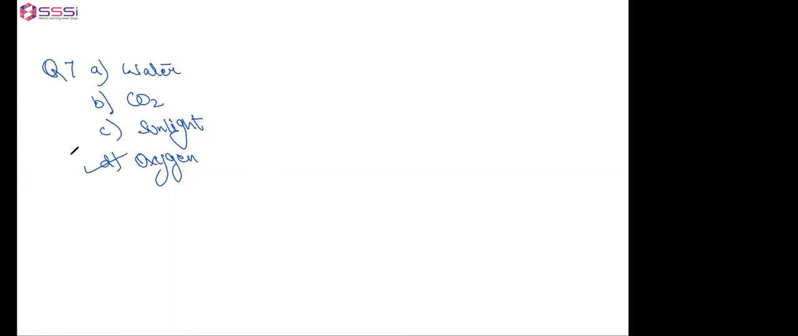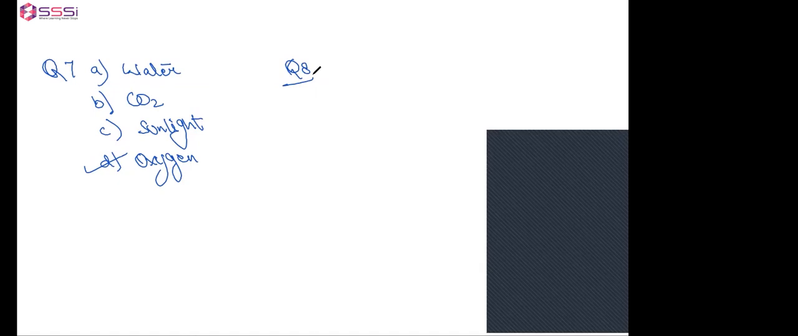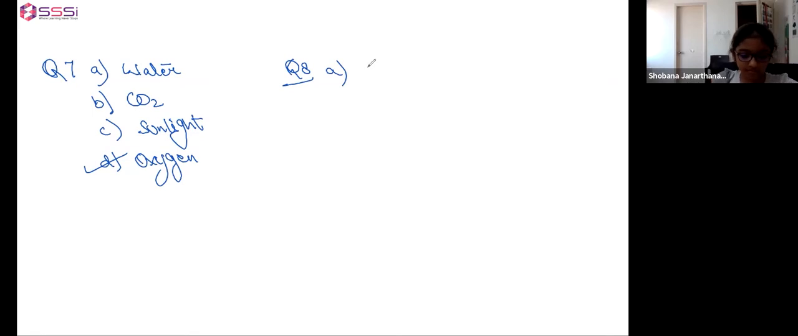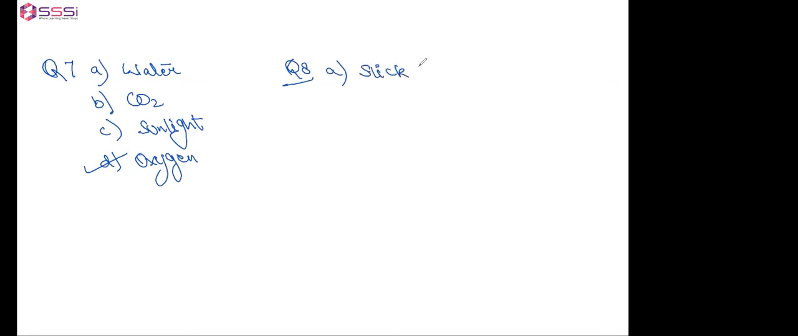So the last question, the seed dispersed by air or wind will have, I'm writing the option. You remember we have studied the dispersal of seeds. Yes, ma'am. So the seed dispersed by air or wind will have